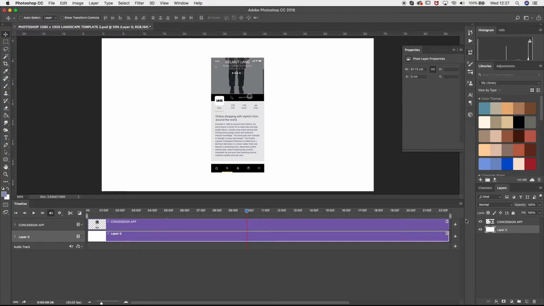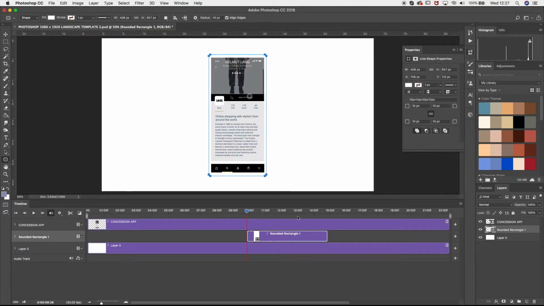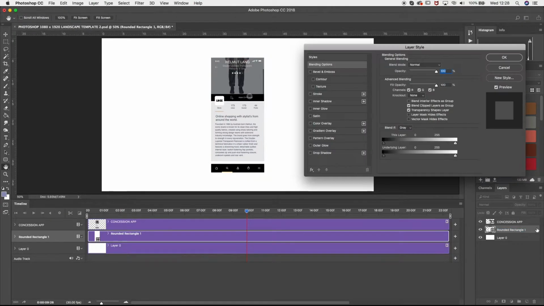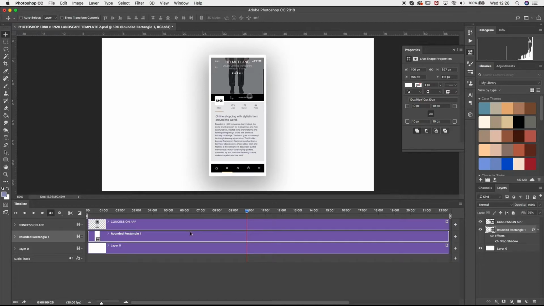Now what we can do is we can draw in a mobile. Draw around the app, something like that. Just going to make that the length of the video sequence. Double click on the rounded rectangle layer. It's going to add in a drop shadow. That kind of lifts it off the page slightly. You can experiment with the depth and the blend modes, and then there we have, if you press play, that